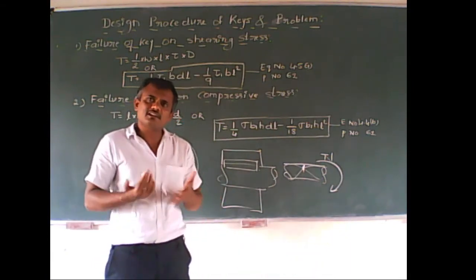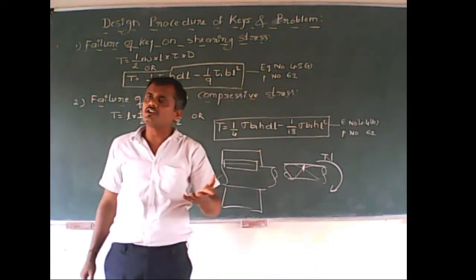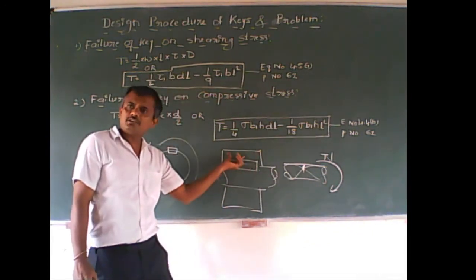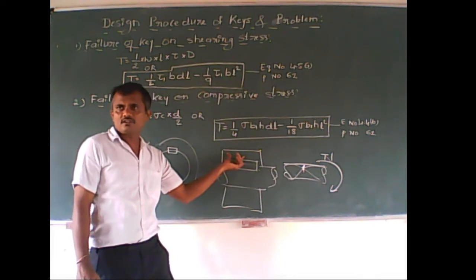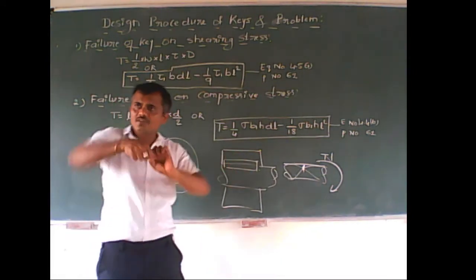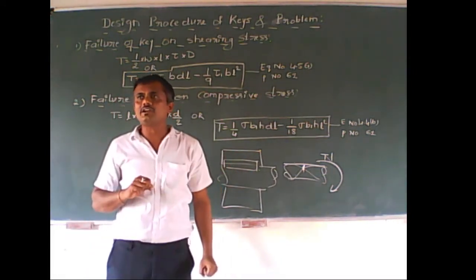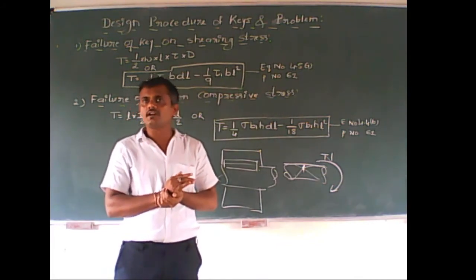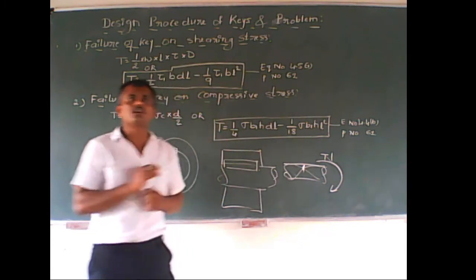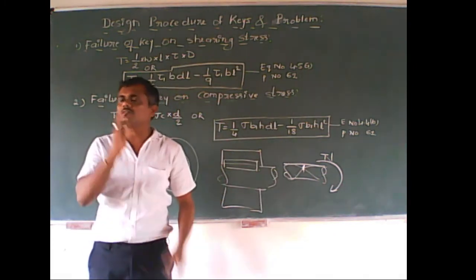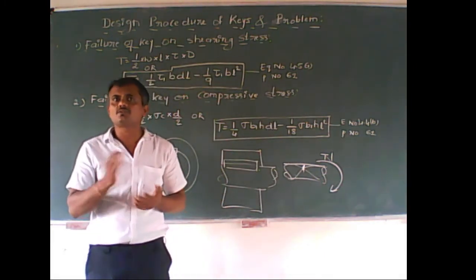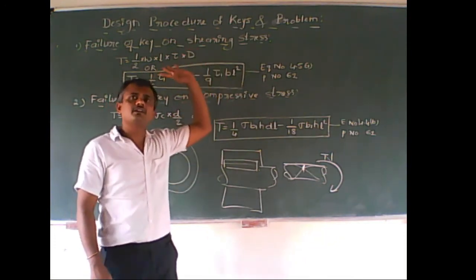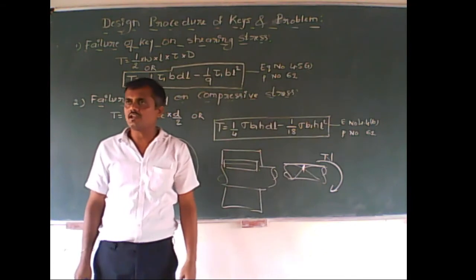So therefore, if a shaft is undergoing a definite shear, and in between the shaft and the muff body a key is there, along with the shaft the key will also tend to go for shearing. So therefore, we have to take it that the key will undergo shearing. Cutting may take place. So this is one method from which shearing of a key may take place, from which failure of the key happens.